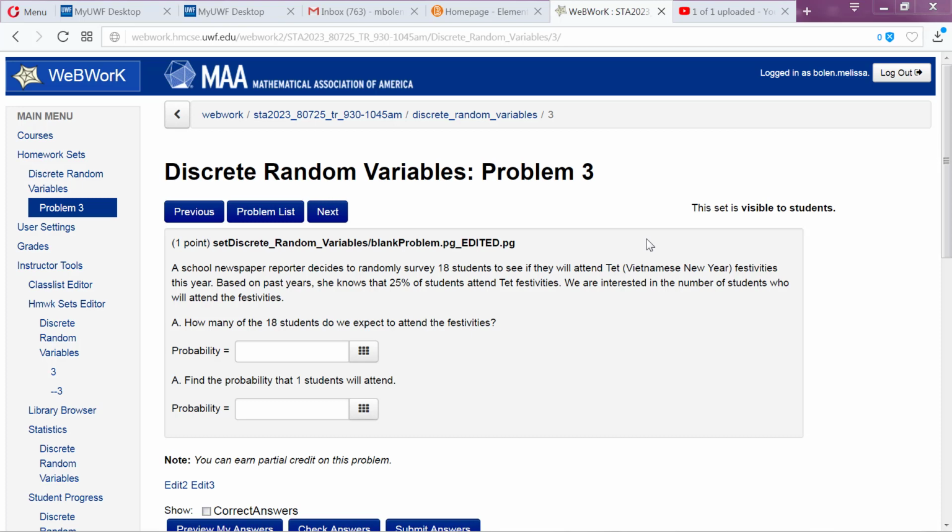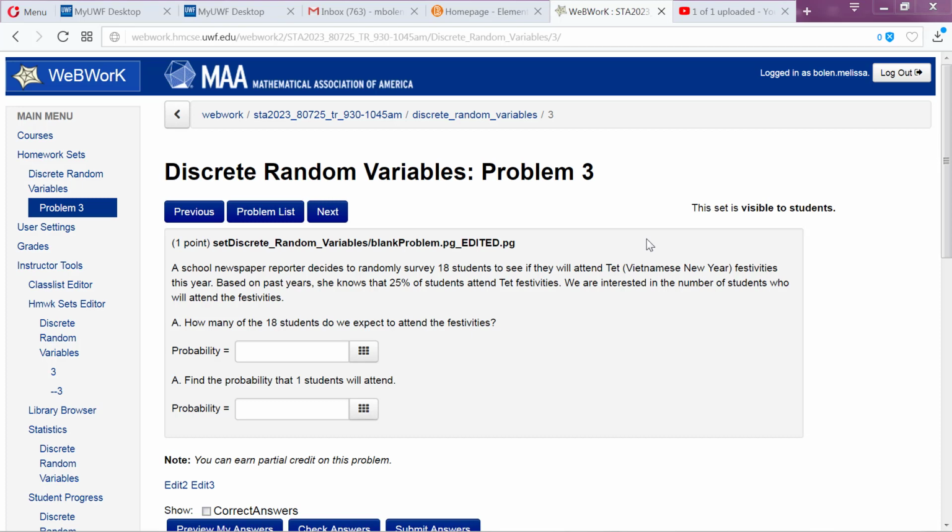And because there are only 2 possible choices, I'm attending or I'm not attending, that tells us 2 choices: attend, not attend, success, failure. We have a binomial distribution. Remember, bi meaning 2, like a bicycle. Since we only have 2 possibilities, and each possibility is independent, we're going to say without a doubt that this is a binomial distribution, and so we will calculate any answers using binomial formulas.